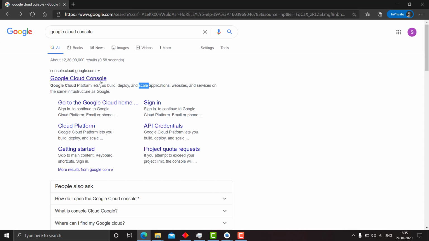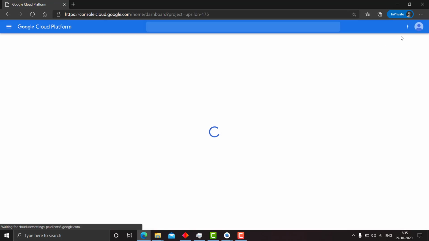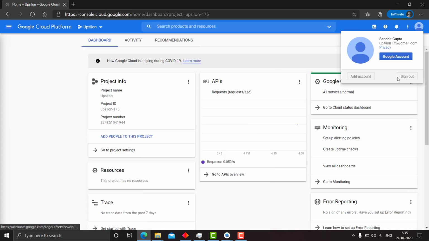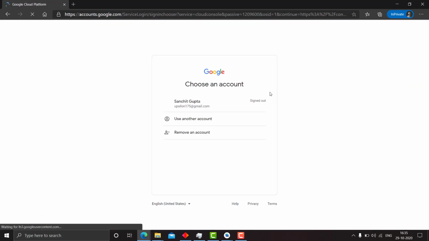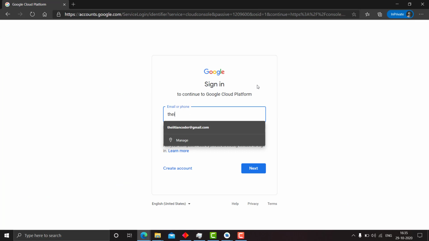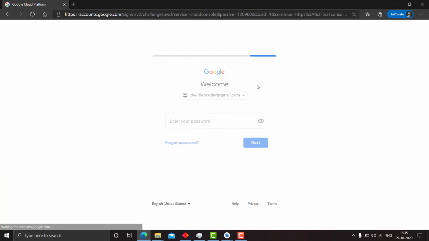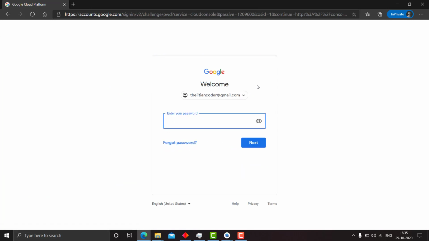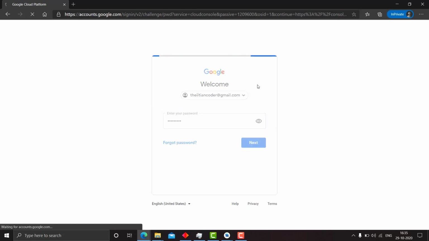First, go to Google Cloud Console. We will need to create a new account, right? I will show you with my new account how to start. First go to the IIT Encoder account, enter your password, and sign in.